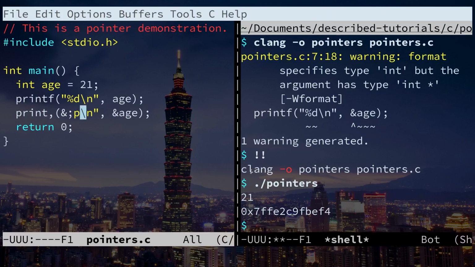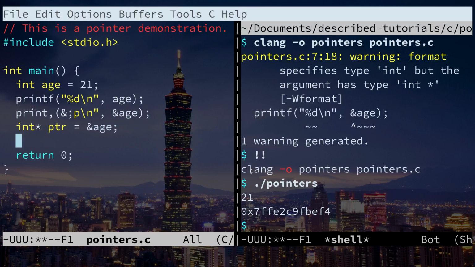pointers.c. And this is going to be after our printf %p. And we are going to set up a new integer, but this is not going to be an integer. This is going to be an integer pointer. So int asterisk, and we'll call this ptr. ptr is a very common abbreviation for pointer in C. Okay, ptr, and we'll set it equal to ampersand age. int *ptr = &age;